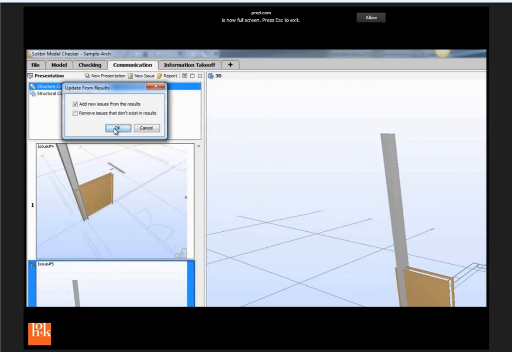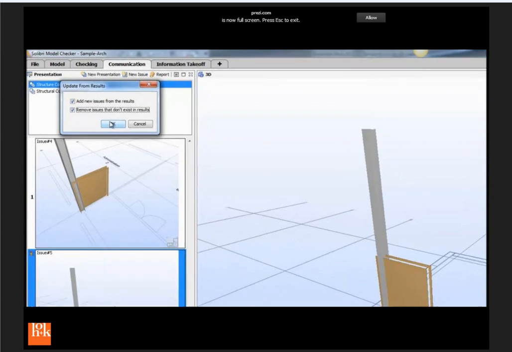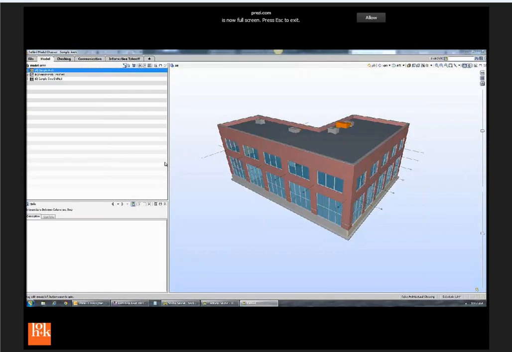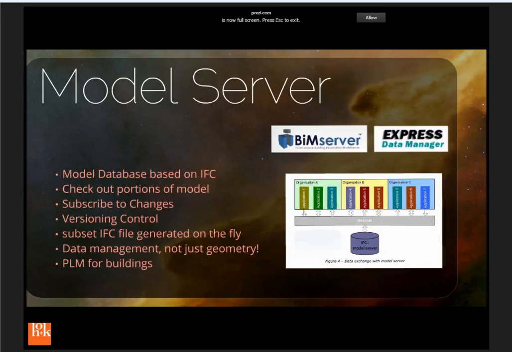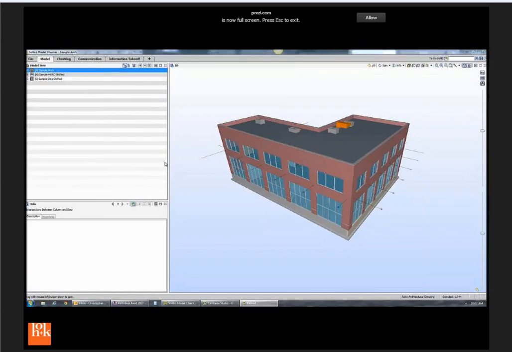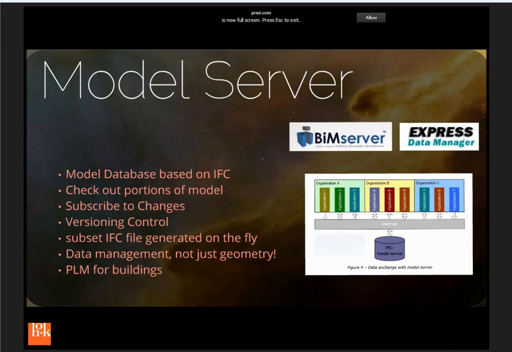But this time, instead of from the VCF, I'll update it from the results. And it'll automatically remove that as a problem. So you can either duplicate these presentations, or you can kind of keep one general coordination presentation going the whole time. So anyway, it's only supported, like I said, right now by Solidity, Tekla, and a plugin for Navigate. But I'm hoping that it gets picked up by a few more things